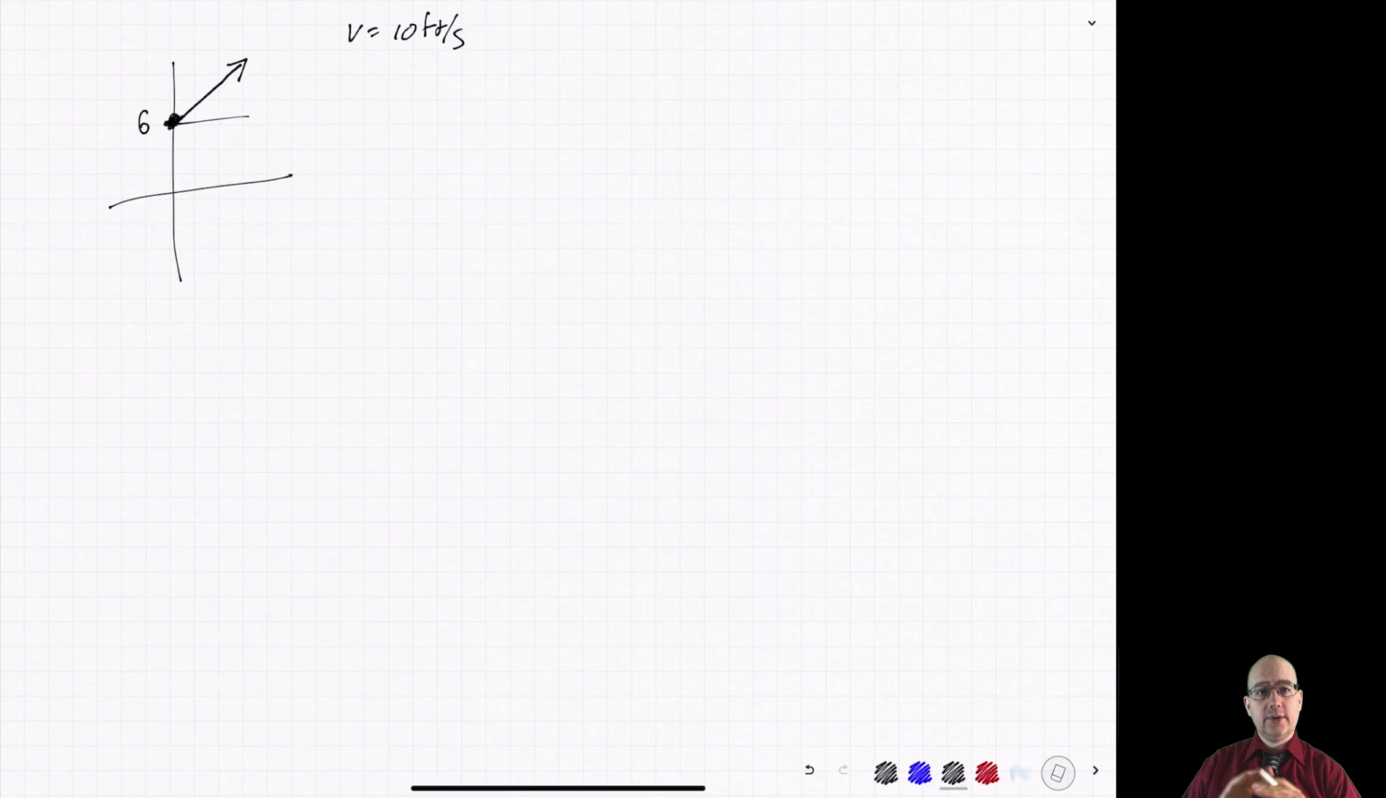Over time, that speed is going to change because gravity is pulling it down. In reality, we also would have some kind of air friction or something, but we're going to ignore that. So it's just gravity that's going to be changing it. Gravity's pulling the thing down, so it's acting on it by pulling it downwards. It's accelerating it downwards, and so over time, it'll kind of